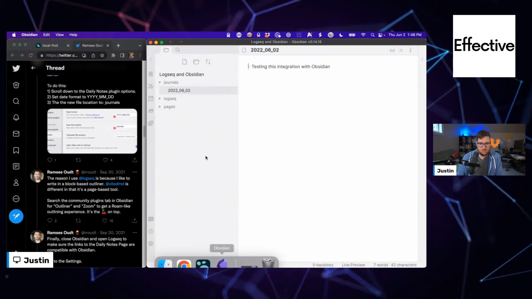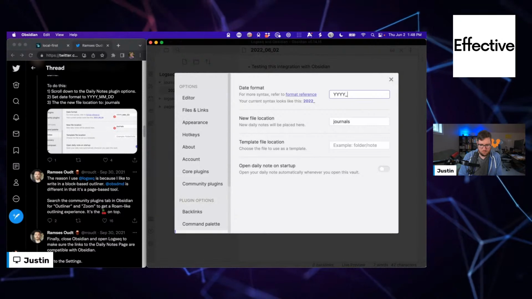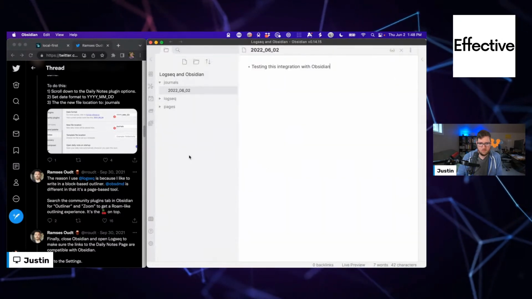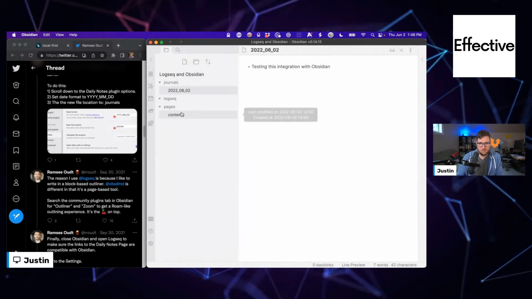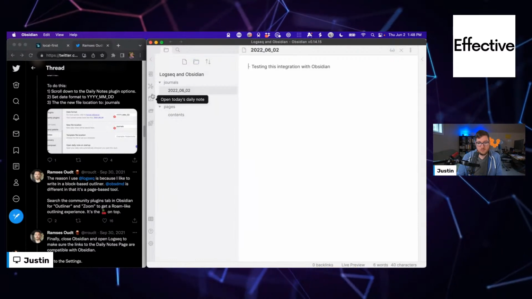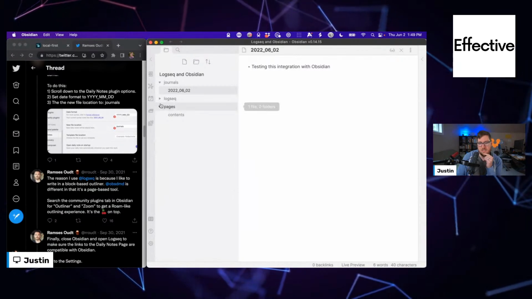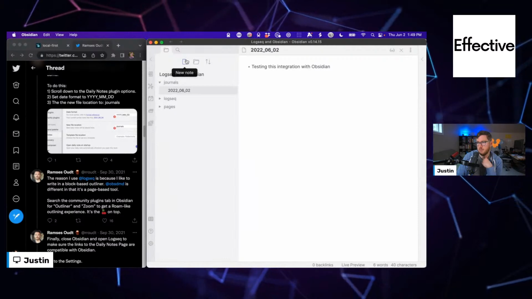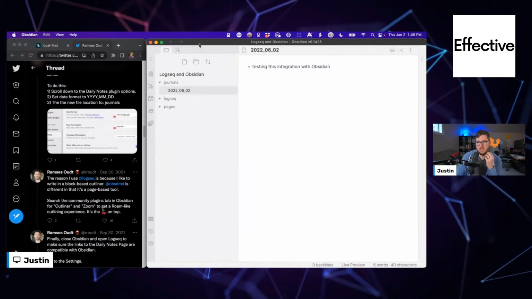Reindex Obsidian. So if I click daily note, we go to contents and then today's daily note. That works. All right. Well, that's really handy. So basically, at this point, Logseq is set up pretty well to work with Obsidian.